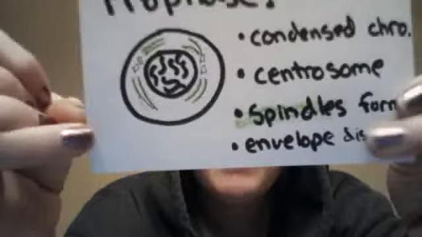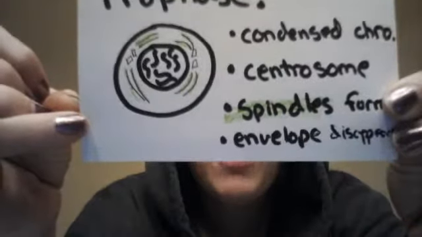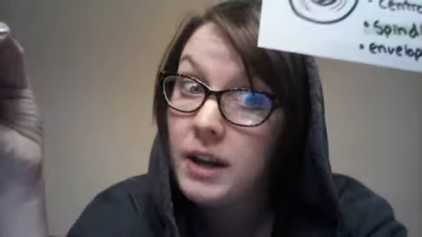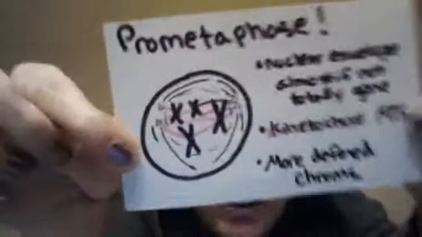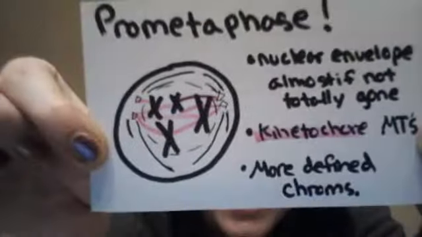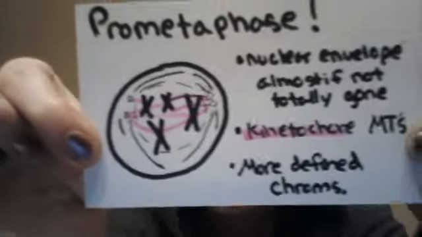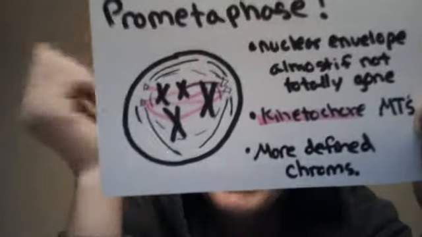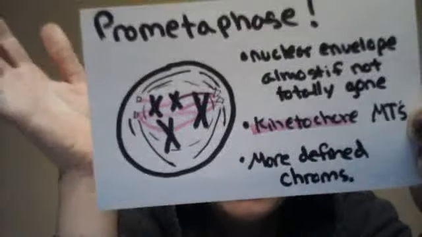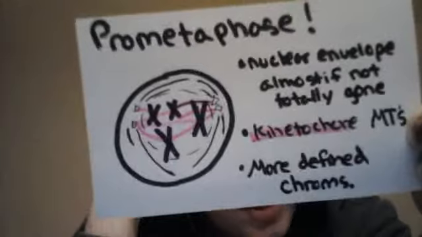Alright, and then, like I said before, this envelope tends to disappear during prophase, but it doesn't necessarily mean it's completely gone yet, okay? That doesn't happen until the next phase, prometaphase, or "please promise" in my little memory trick. So here you can see that my nuclear envelope is pretty much gone. It's like a little dotted line around there. If it's fading, it's probably completely gone, so don't be too torn up if you can't find a nuclear envelope in your picture.